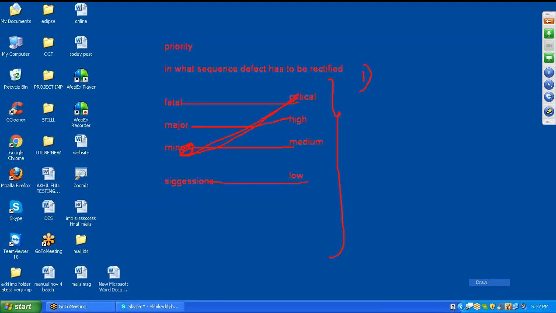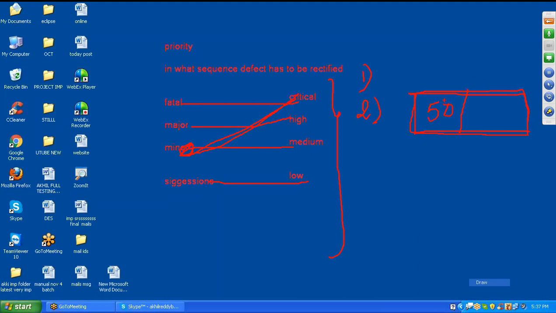Second scenario. Based on the customer expectation, that application needs to be developed 100%. But the developer developed only 50% of the application, and they sent it to the testing department.